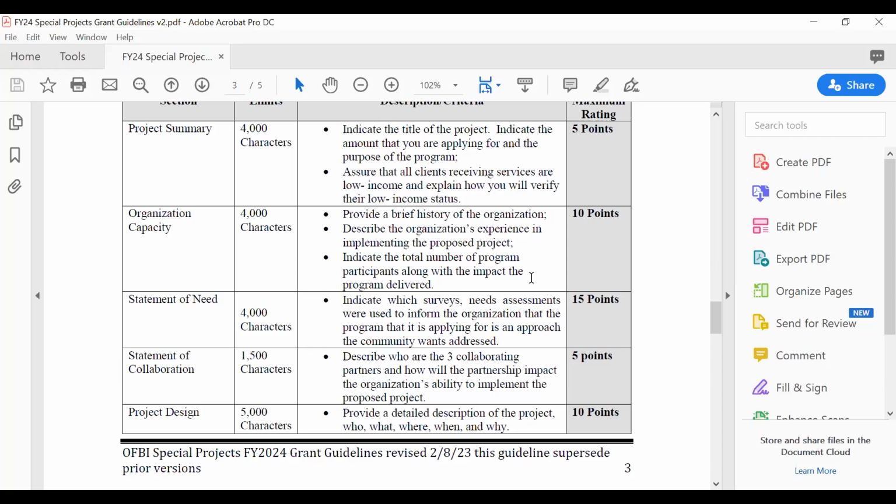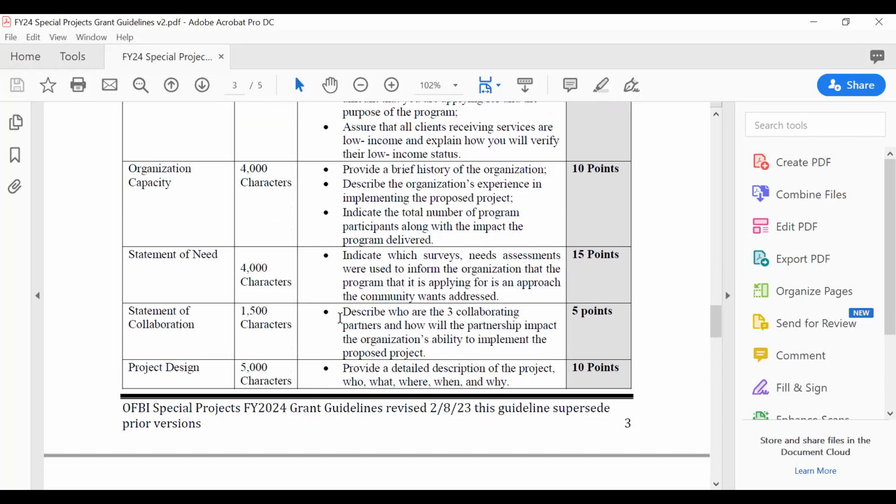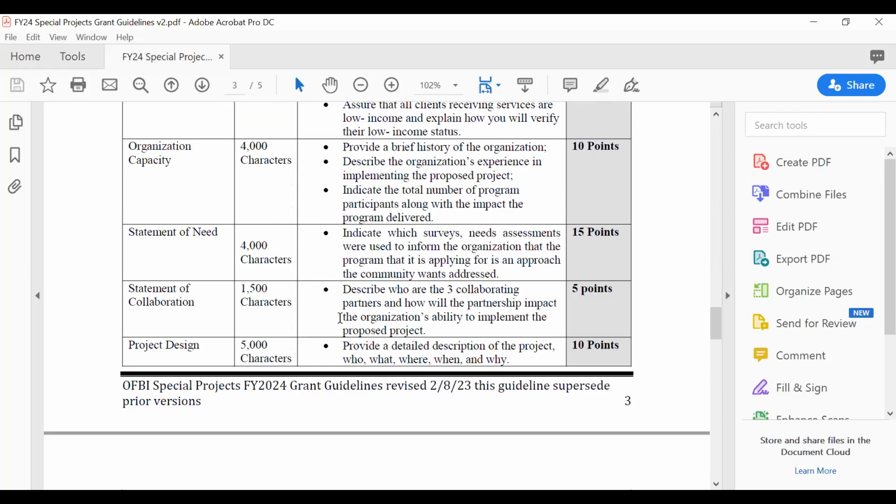So you need to be able to indicate that in the statement of need. Statement of collaboration: describe who the 3 collaborating partners are and how that partnership will impact the organization's ability to implement the proposed project. Now,